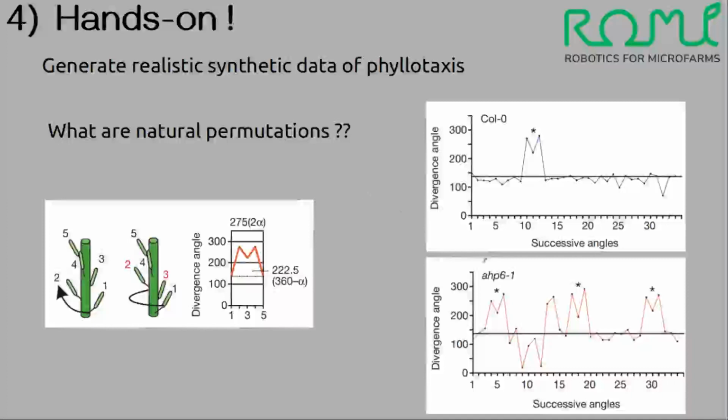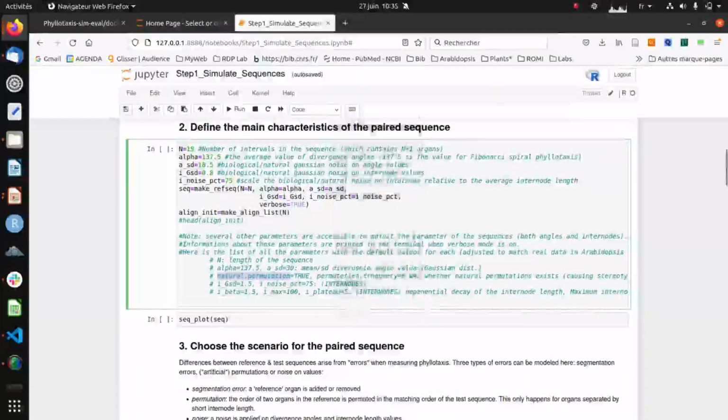And you can even find plants, genetic backgrounds, where the number of such permutations is increased. So here we set up a frequency of natural permutation which is close to what you see in Arabidopsis, and if you increase this permutation, you will see more and more accidents and M-shaped motifs